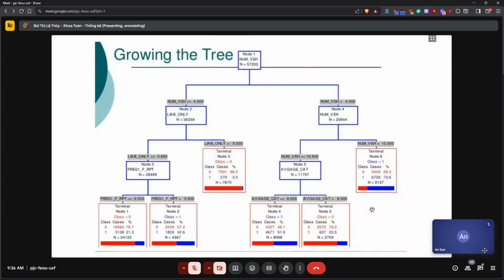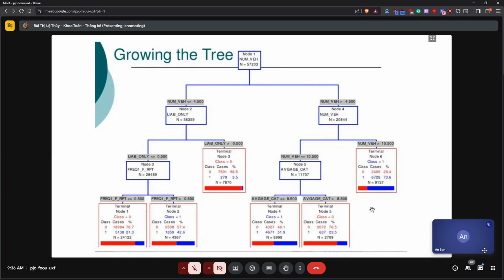Now we grow that tree. Instead of just having that, we go to the group with five or more vehicles and split that, and then we go to the group with fewer than 5 and split that. There can be different variables on the two sides of the tree that we split on, and we keep doing that until we get to an outcome, an end point.